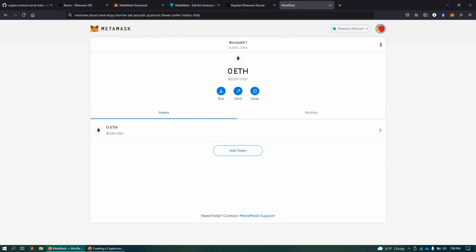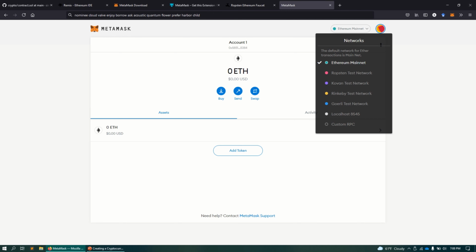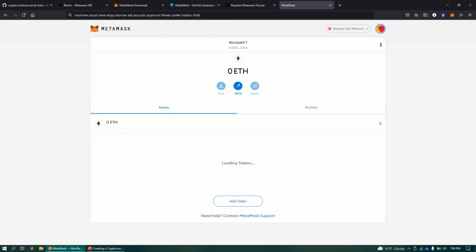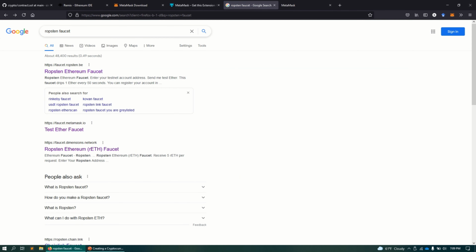We actually don't want to go to the mainnet. The mainnet is for real money. Let's use a testnet, because testnet is like toy money, but it's to the real world. So yeah, we'll have money here. And how do we get money here? Well, there's actually something called faucets. So if you just Google Ropsten faucet, you can click any of these,